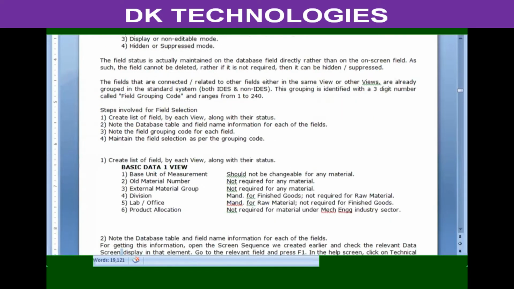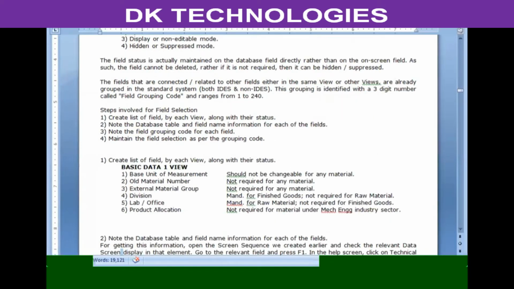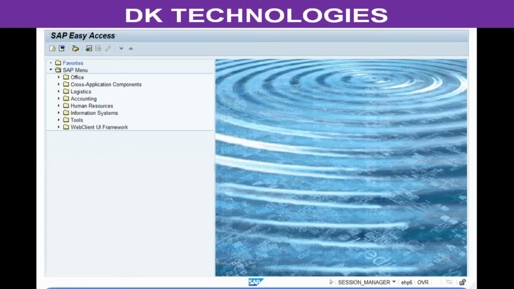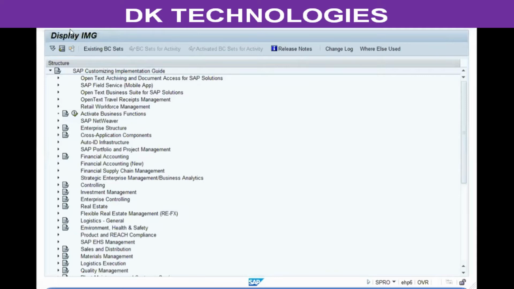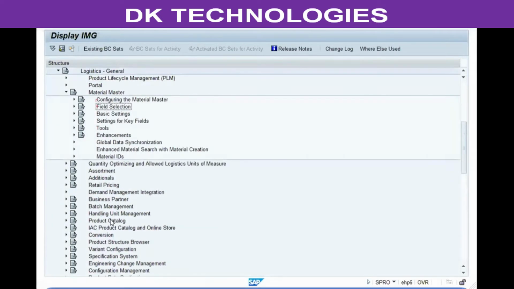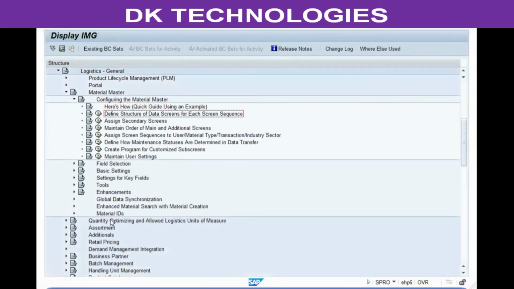So let me open the application. Once you have logged into the system, to the application, go to SPRO IMG, Logistics General, Material Master, configuring the Material Master, define structure of data screens for each screen sequence, click on execute.